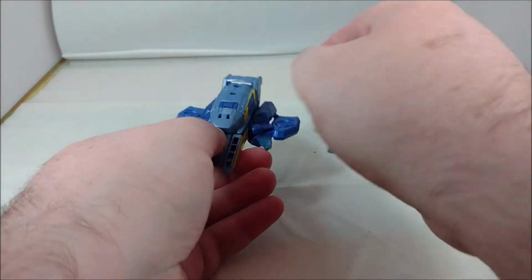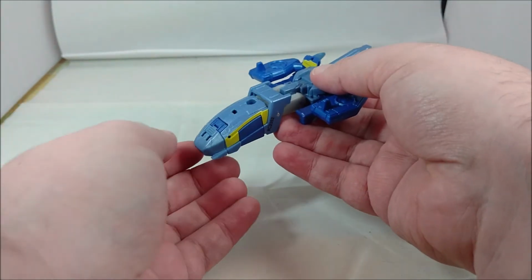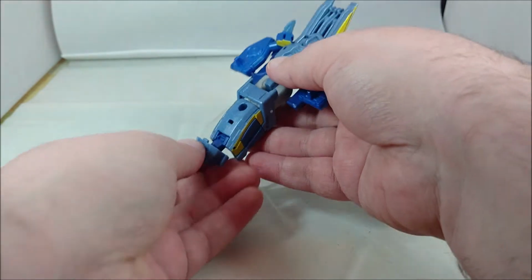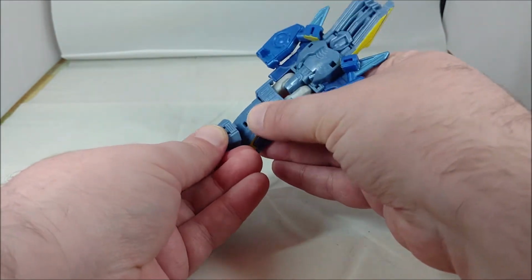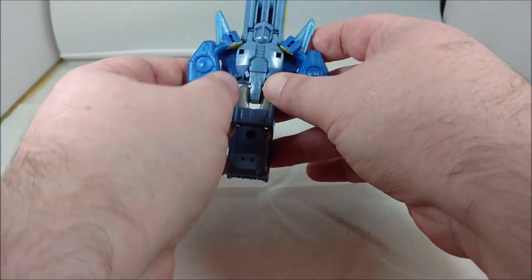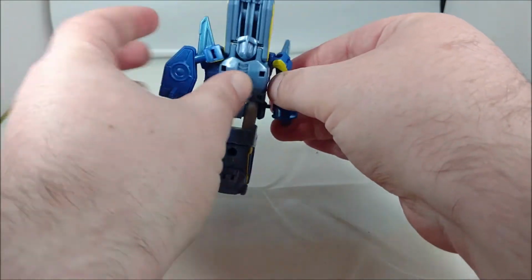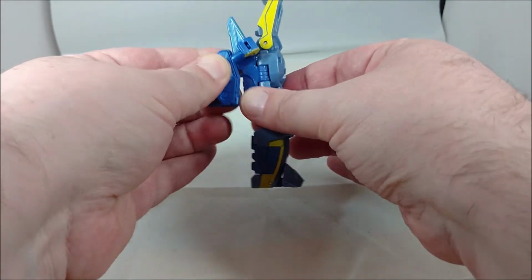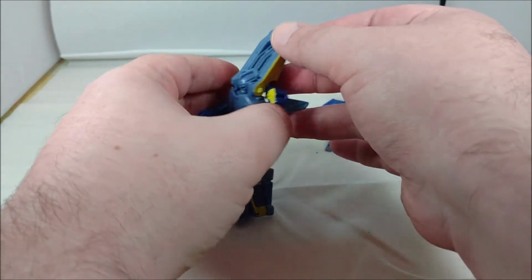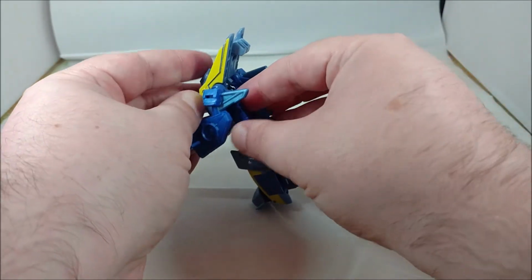Transformation is very simple. What you want to do is come in the front here, flip down the whole section so you keep the nose cone facing front. Then flip the nose cone forward slightly, drop it out of your hand, then proceed to flip it up on this double joint. There is a tab there that will slot into the front of the main fuselage. Then go ahead and detach the arms, and then swing them back ever so slightly, bringing the arms forward on a ball joint. It's nice that this time, at least with these, the arms swing forward, and then go ahead and swing back this main section until this panel will just sit on top of these